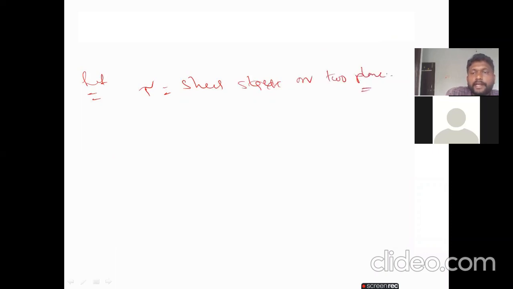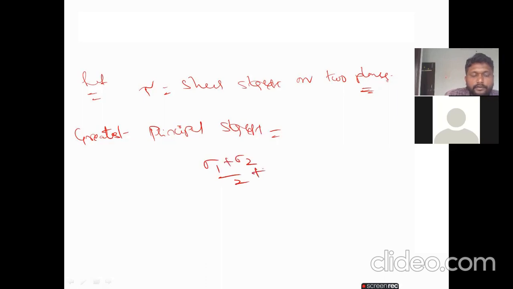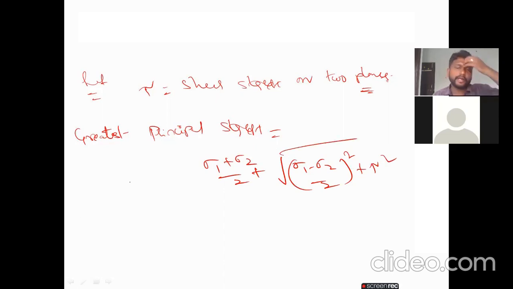Okay, my dear students, the greatest principal stress formula is (sigma 1 plus sigma 2) by 2 plus square root of ((sigma 1 minus sigma 2) by 2) whole square plus tau square. In the question they have given the greatest principal stress, that is 150, and sigma 1 and sigma 2 we know, that is 120